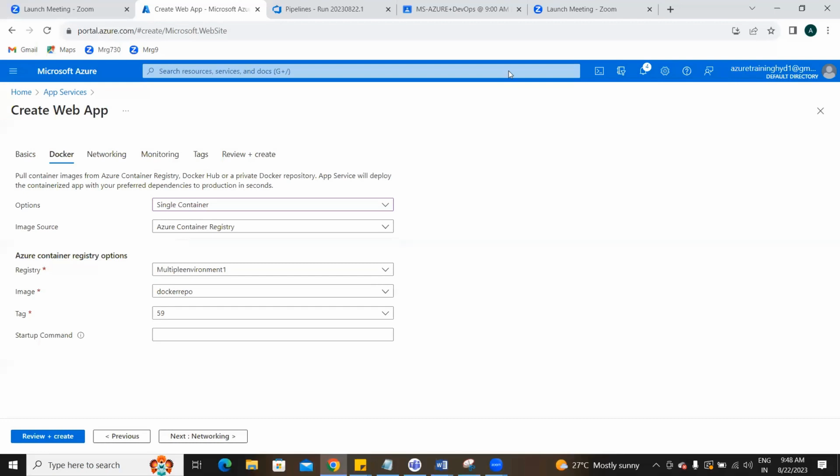Hold on. Okay, we have one doubt from one of my team members, so let me clear that first. Okay, so this is for the Docker file. You are giving the container file, right? So you have to give your image name there. So where is your code now? If you're not creating the Docker container, where is your code now? Your code is in your repo only. So you have to give it to image now.